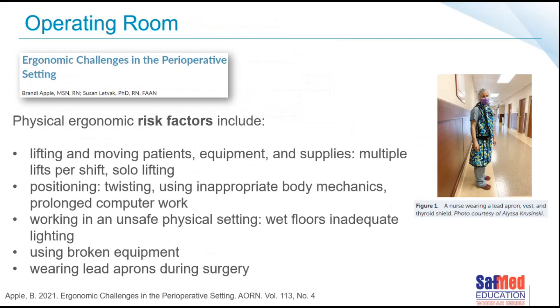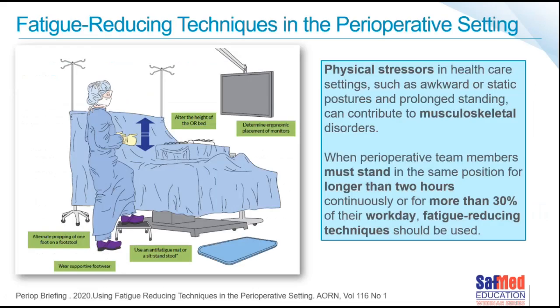Physical ergonomic risks, according to the ARN, include lifting and moving patients, equipment, supplies, of course, multiple lifts per shift, solo lifting, twisting, using inappropriate body mechanics, prolonged computer work, also a relevant point, working in unsafe physical settings, wet floors, inadequate lighting, using broken equipment, and of course, wearing lead aprons during surgery are all particular hazards that we need to work with. Physical stresses in healthcare settings, such as awkward positions, as we said, can contribute to